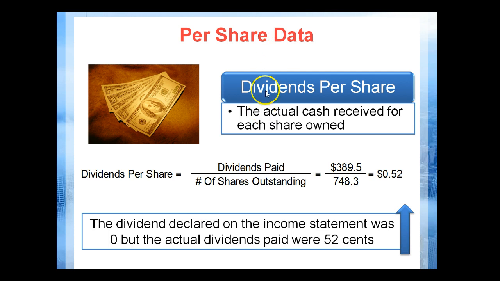Now, for organizations that provide dividends, if you're trying to invest in an organization and you utilize dividends as a part of your earnings strategy for investing, the dividends per share is a very important number. It's very important to know that with all the dividends that have been paid, compared with the outstanding shares of stock, they are paying 52 cents on average in dividends for that ownership.